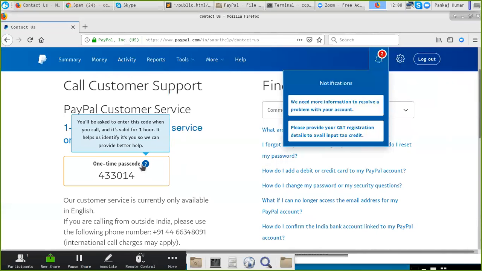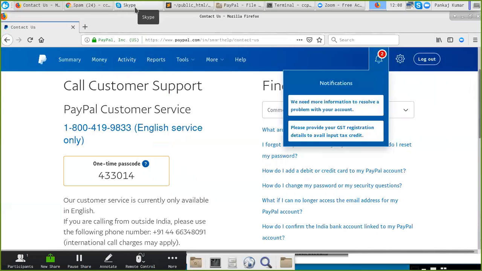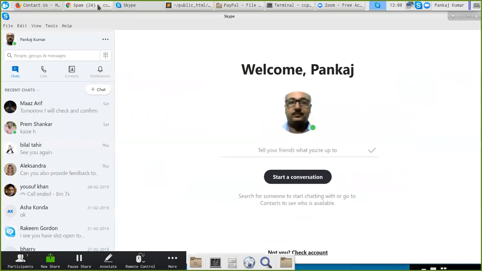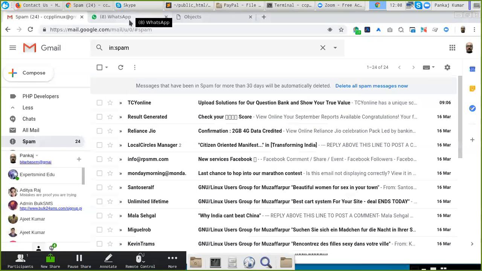This code is only valid for 1 hour. So I will call this number. When you call, they will ask for this passcode. Okay, so let us conclude today. Just update me when it is done. If needed, I will just call the locals here. In case it does not work, you can just write to me. I will call the local people here and tell them that my teacher needs to send